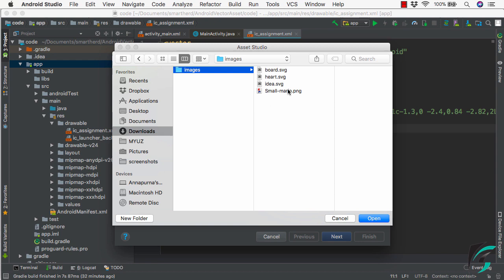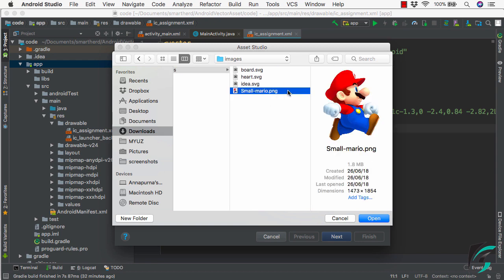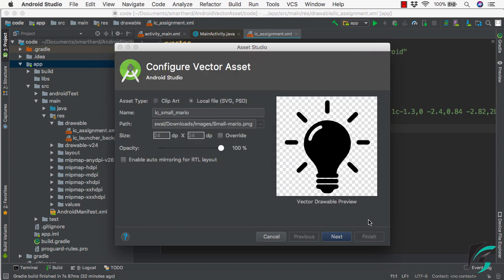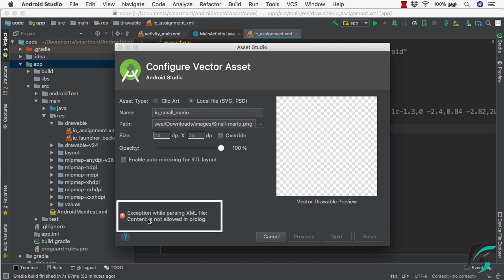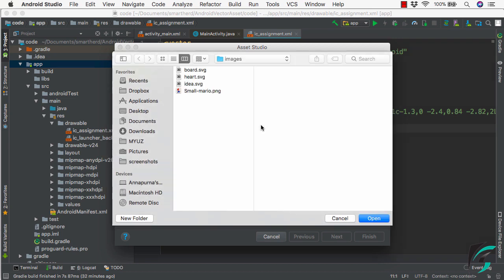So I have got this PNG image from Google again. So let me open this up, and here you can see the error. Exception while parsing the XML file. Content is not allowed in Prolog. So these are the kind of errors which you might get. So again, let us